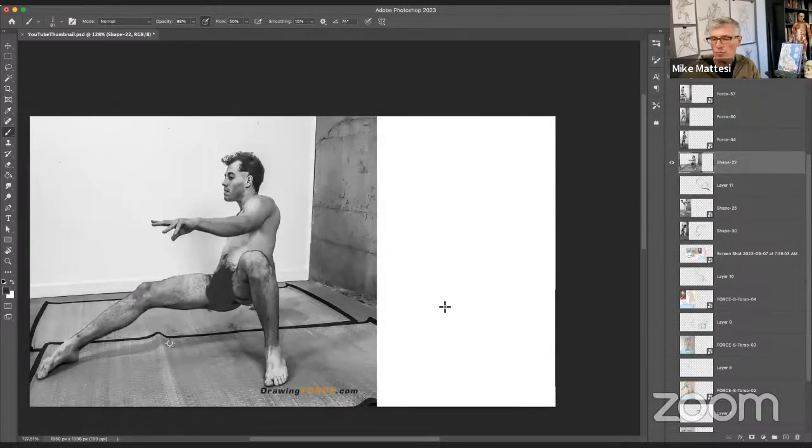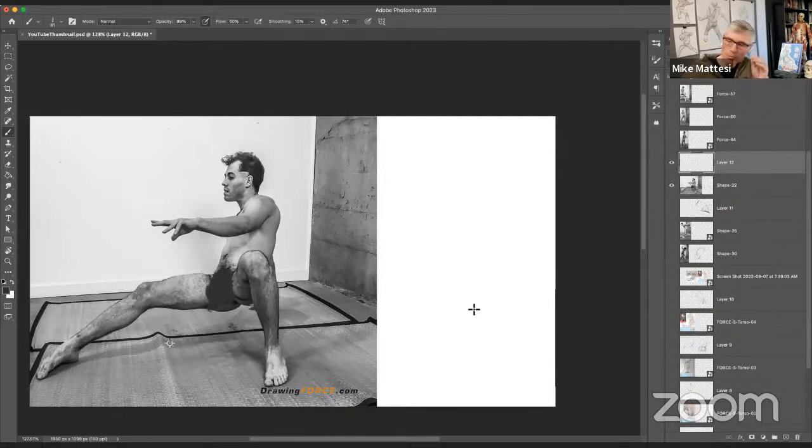Here's another pose, right? Now, I have to also say a common thing that shows up in mentorship is picking good reference. If a beginner brought this in, in the first few weeks of mentorship, I'd be like, this is not a good pose for you to draw from, right? First of all, there's a lot of depth, right?